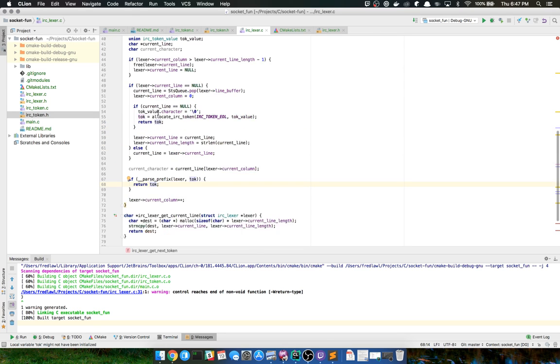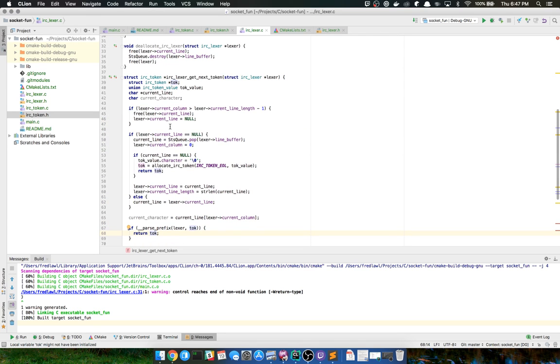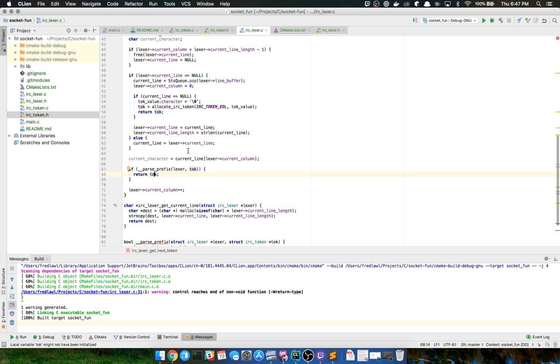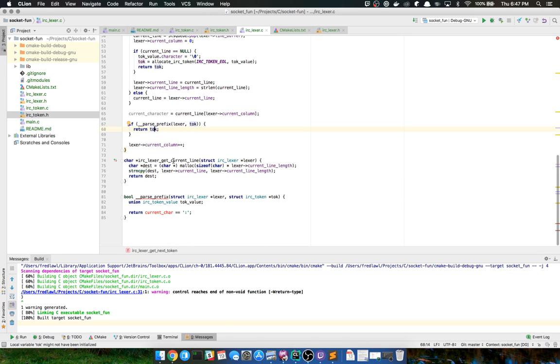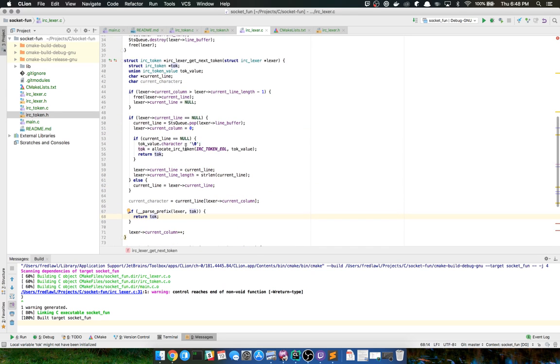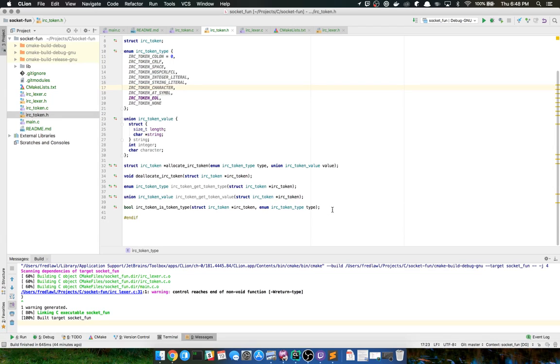May have not been initialized. Yeah, that is very true, as a matter of fact. I think what I could do is I could actually always create a token and then reset its value every single time this calls. That might actually not be a bad strategy. So let me go ahead and add that in here to set the token type.